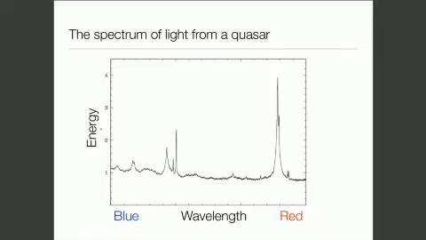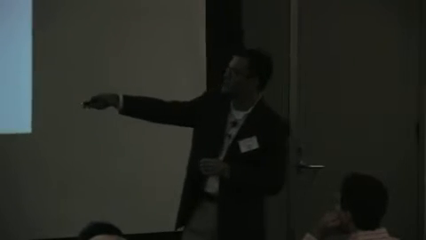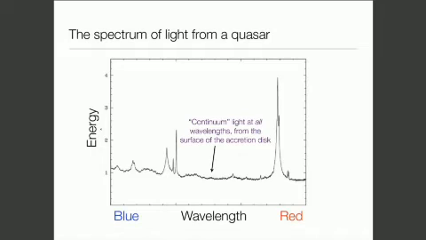Well, let's take the light of a quasar and spread it out into a spectrum, and I'll show you a little bit of what we see. So if we take the light of a quasar and spread it out into its constituent wavelengths, going from blue to red wavelengths, this basically corresponds to the range of wavelengths that your eye can see, going from violet to blue to green in the middle and red at this end. There are a couple of different components to the light of the quasar that you see. One component is what's called the continuum.